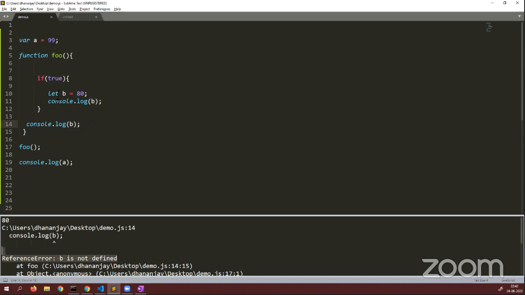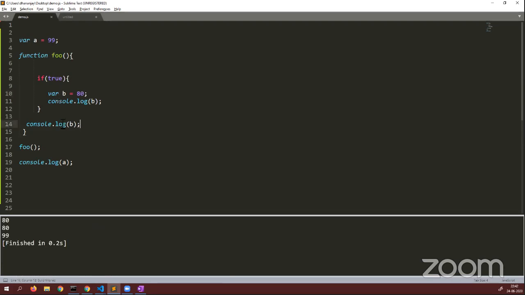And if you change it to var, you are able to access that, because if you declare it using var, then it has become functional scoping, and that is available throughout the function foo. All right. One interesting thing about block level scoping is that if you try to access it here,